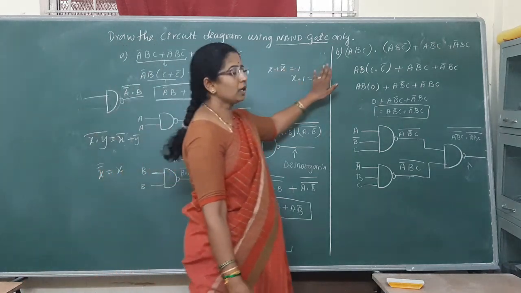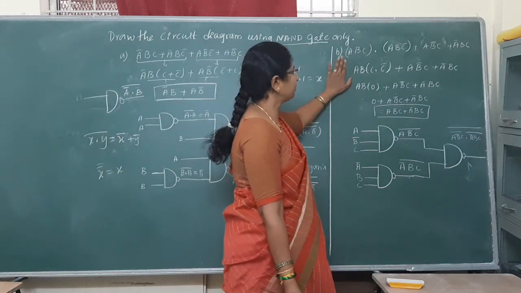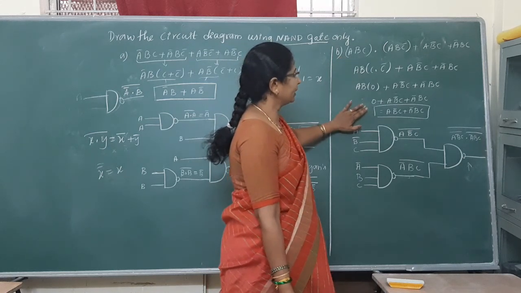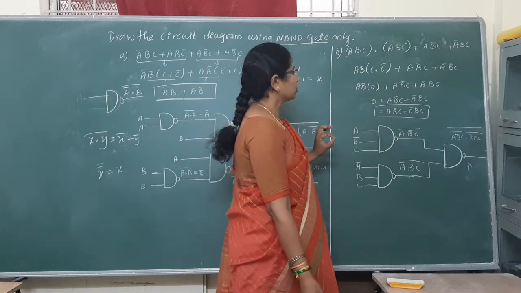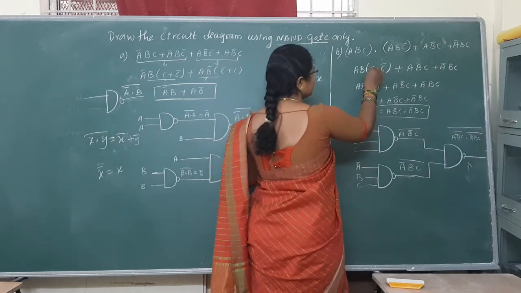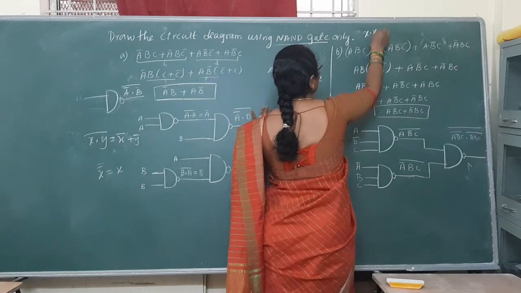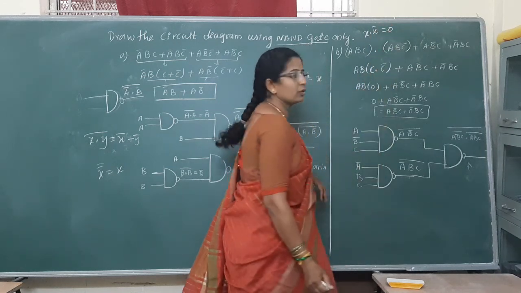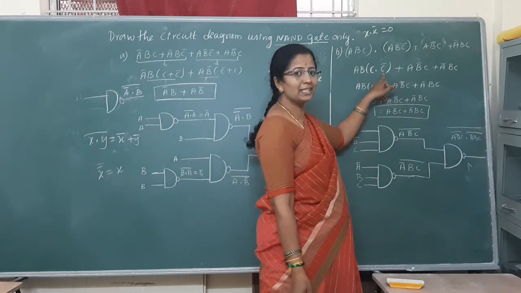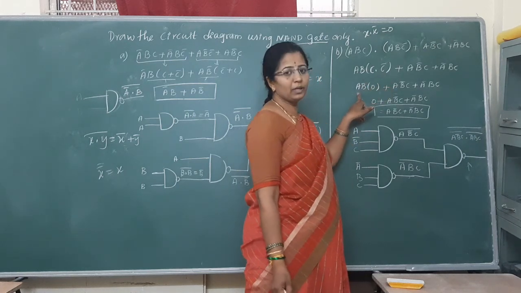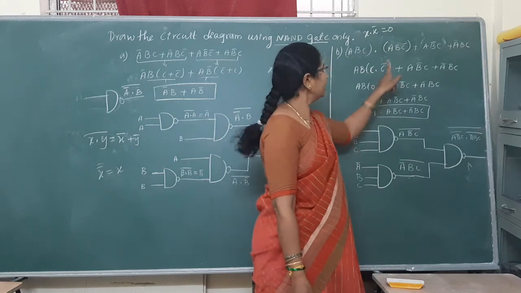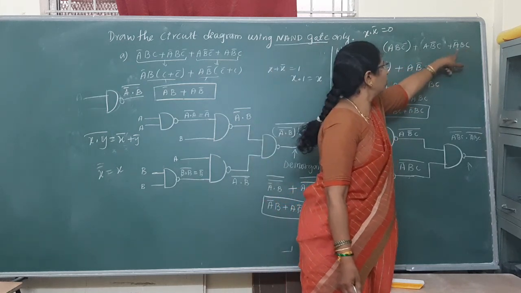And the third one, according to the classwork, I am going to explain. Here also they have given one expression. Simplify the expression that I got here. Before going to that, I will explain how you got 0. C into C complement can be written as 0 with your complementary law. Any variable multiplied with 0 gives 0. And there is no common variable among these two.